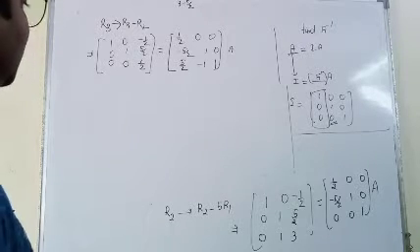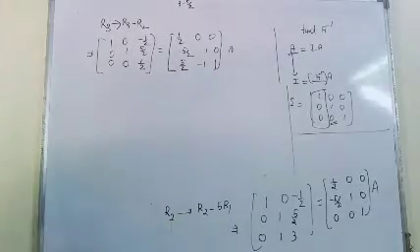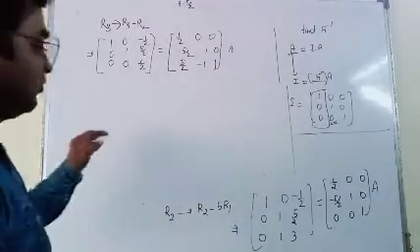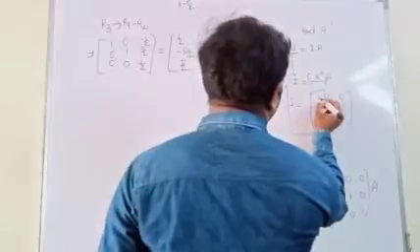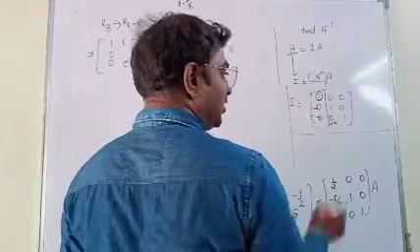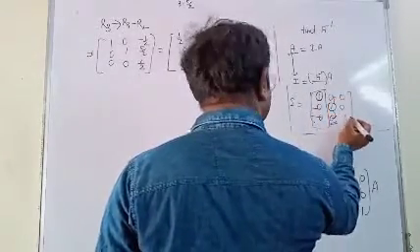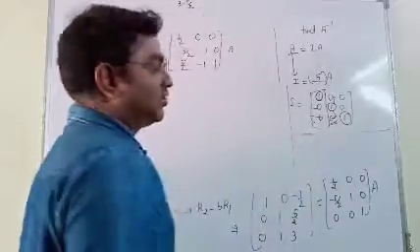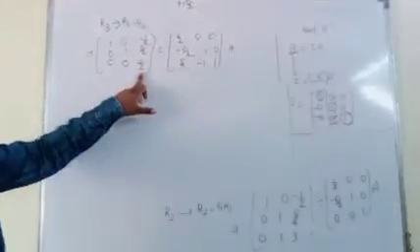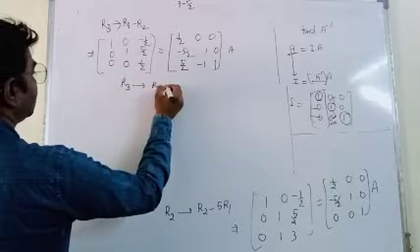And here one more thing we have to do, we have to find this in the form of 1. How will we get 1? Because what I taught you: first you have to make it 1, then this 2 will be 0, then we have to make this one 1, then this 2 will be 0, next this one must be 1 only. So for getting it 1, what we do, we multiply R3 by 2.